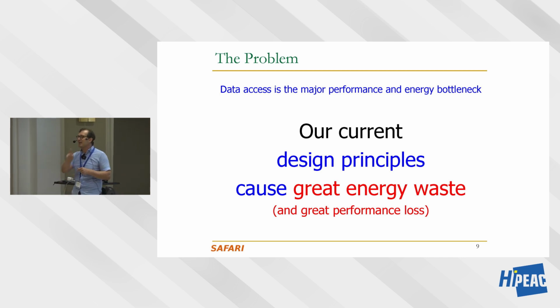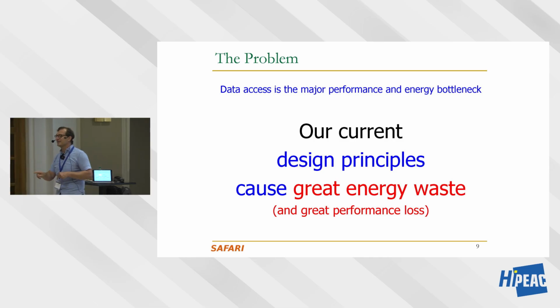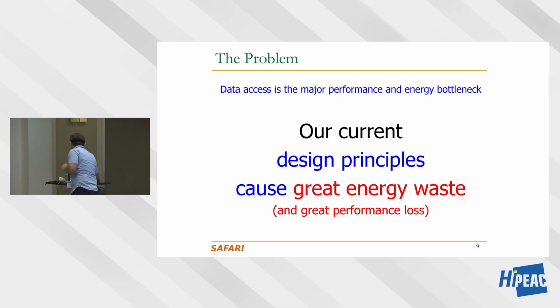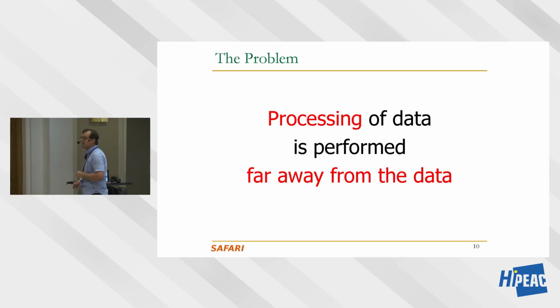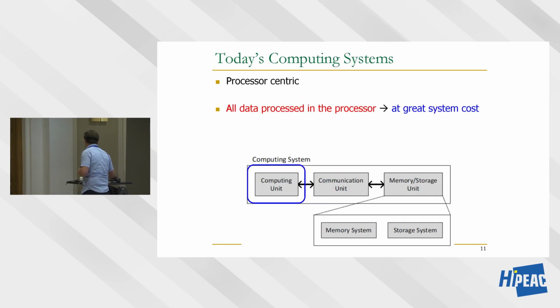So we're in this vicious cycle today. We're wasting energy to move the data between the processor and memory. To avoid the performance cost, we're complicating our systems. The complexity doesn't give us the benefits of performance or energy. As a result, we waste even more energy. So our systems are in this vicious cycle, and I think realizing that this vicious cycle is really bad for everything that we want to do, performance, efficiency, and sustainability, is really important. So basically, this is the problem. Whenever you're in a vicious cycle, it's really important to understand this is the problem. And I believe this is really the problem. So we're really processing data far away from the data. Okay, so essentially today's processors, computing systems are all processor-centric.